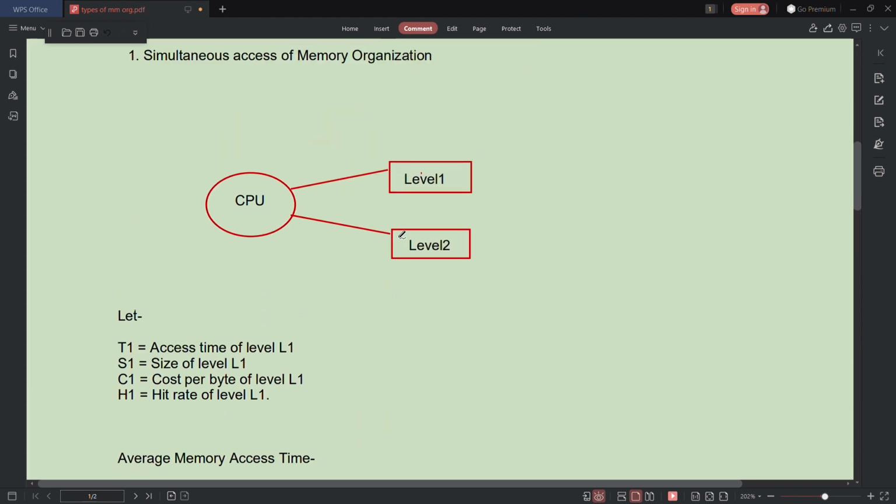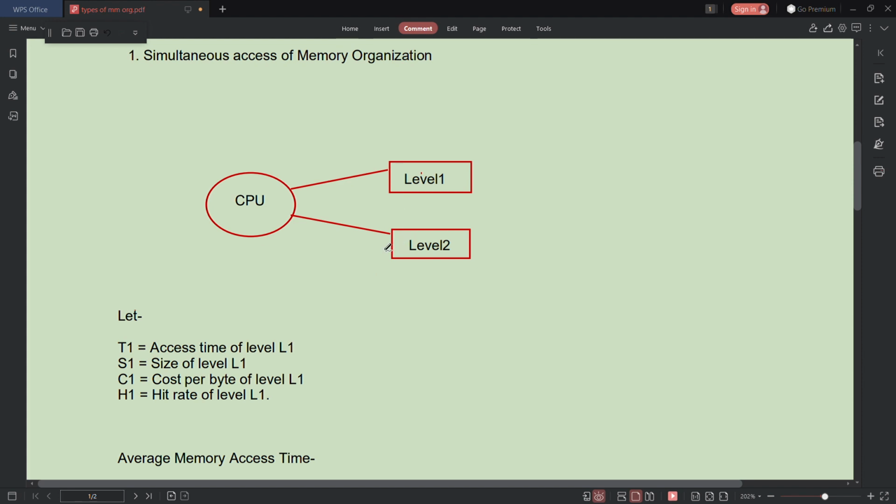In simultaneous access of memory organization, CPU is directly connected to all the levels of the memory. We have a number of storage devices available. We have registers, cache memory, main memory. CPU is directly connected to all of them. So when CPU requires any word, it will search for the word in all the levels of the memory at